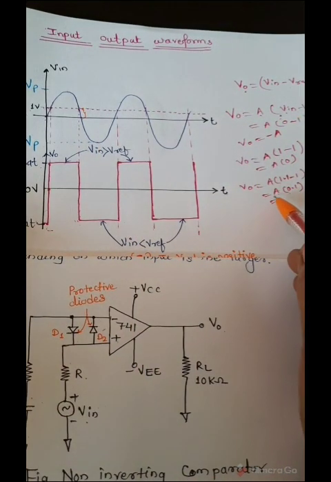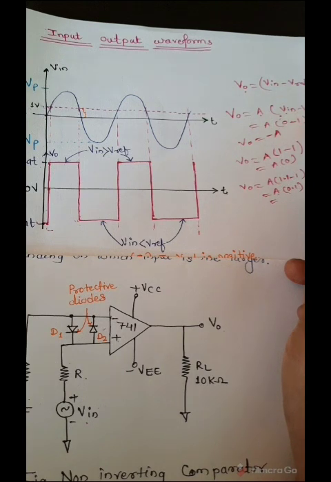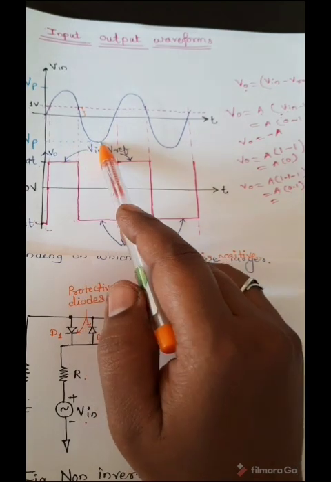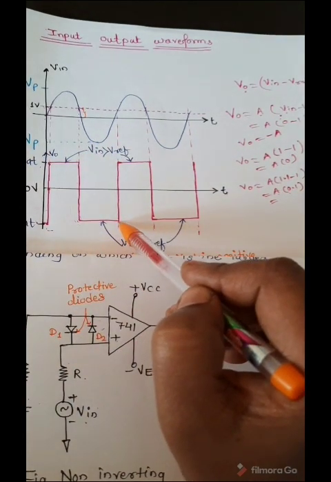So now when we are putting these values of V in into this equation, what will happen is V in is negative and reference voltage is positive. So all values will get added and having the negative polarity. So for all the values which are less than reference voltage, output will remain in the negative saturation.